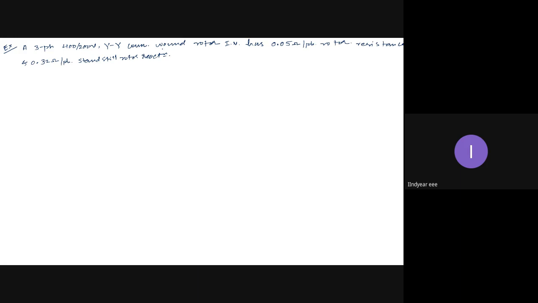Find the additional resistance required in the rotor circuit